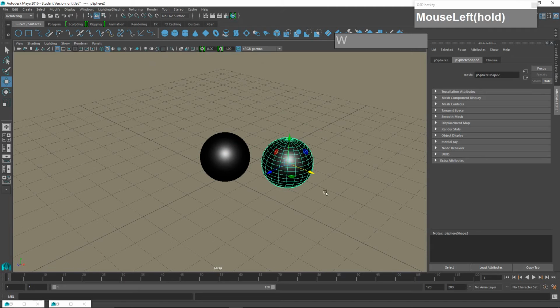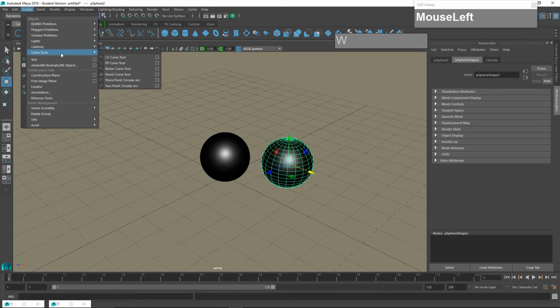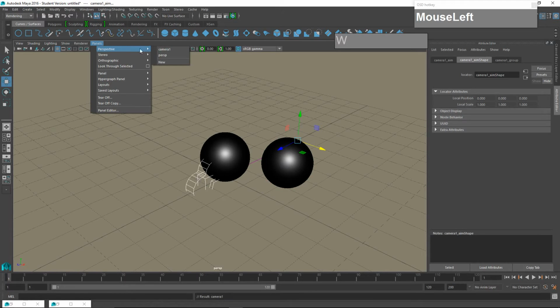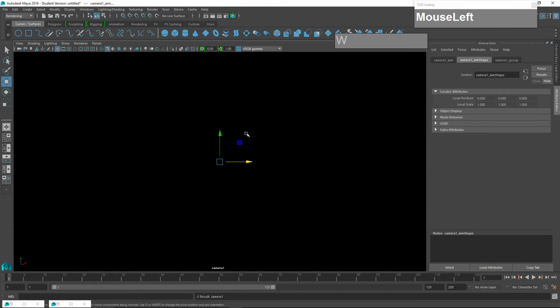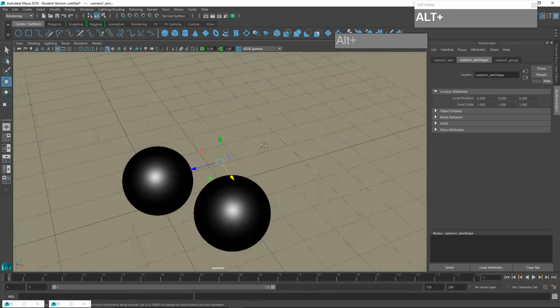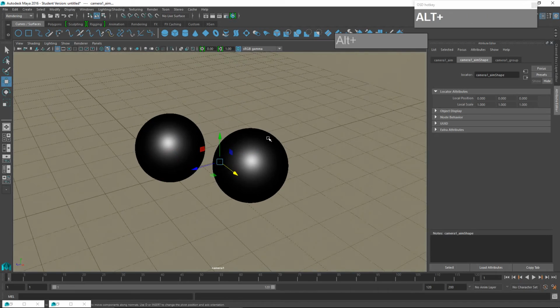Okay, so it's always a good practice to create a separate camera for rendering, because this is our working camera, the perspective view. So I'm going to create a new camera, create a camera and aim, and the new camera will appear here. So I'm going to switch over to this camera view by clicking on panels, perspective, and then the new camera, and then I'm going to manually shift the camera until it positions itself, or rather I position it so that